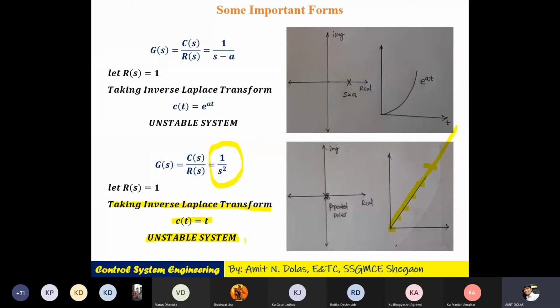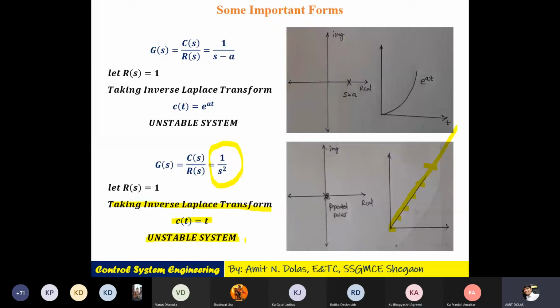And now you know, if this semester goes completely online, then your unit test as well as final examination will also be online. So there will be conceptual questions, single-line questions. If there are two poles located at, say, the origin, then the system is option A unstable, B stable, not determined, all of the above, marginally stable, whatever. Such kinds of questions are asked. So you have to prepare conceptually rather than mugging up the concepts.